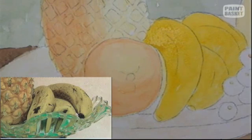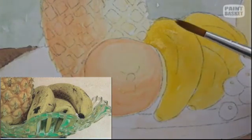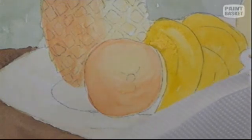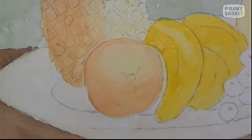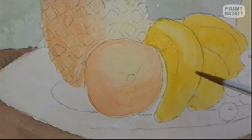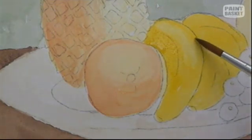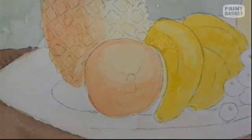Now while that is still, it mustn't be too wet, otherwise it's going to close up. I'm going to take, dry my brush again on here, and then I'm going to lay it flat, and I'm going to stroke a piece in here like that and lift some of that out for the highlight. In line with the banana. Out there like that. Leave just in that piece there. Leave some dark on this side and that side. You're going to have the same on this one here. Let's take a bit out here so we start getting